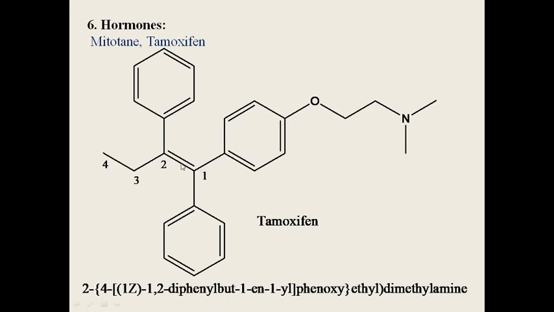You can see 1 2 3 4. 4 means butane, and here it contains a double bond, that's why it is a butene, and it contains a substitution, that's why it is butenyl. And of this butenyl at position number 1, it contains a phenyl ring, and at position number 2 also it contains a phenyl ring, that's why 1,2-diphenyl. So in this way I have divided this IUPAC name, and you can again practice it at your home also.